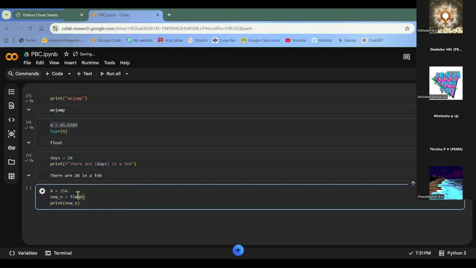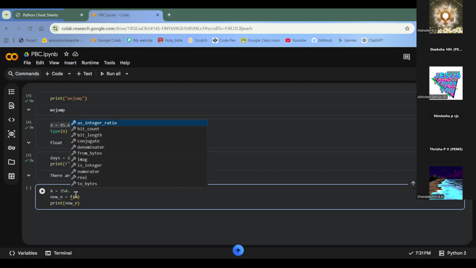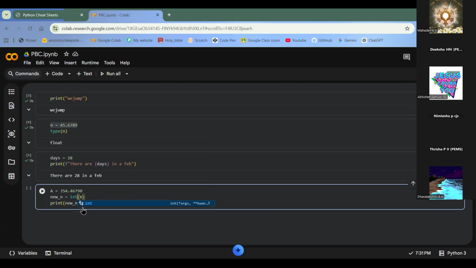We'll make this A as 354.4567 something. Then after, I'm going to enter as int. So int in Python indicates the data type integer. So when I enter next, when I just run it,